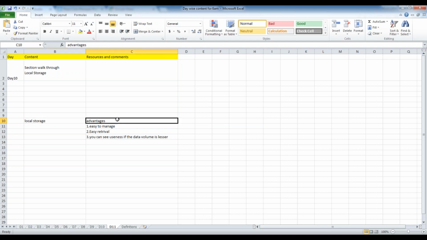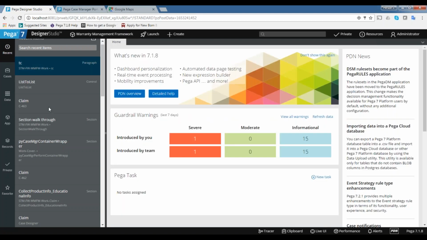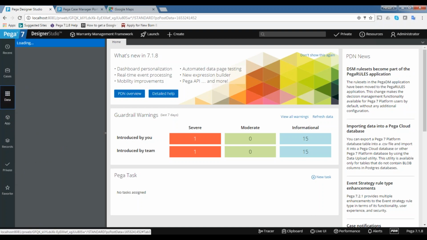Now in this use case, we need to have maintained the product details, right? Finally, they need to raise the request for the products only. If there is a defect in the products, we need to raise the request. So when the customer says they have a product issue with this product, I need to show the list of products for them. For that purpose, I am maintaining those list of products in the application itself. So for maintaining the local storage, first we need to create the data type.